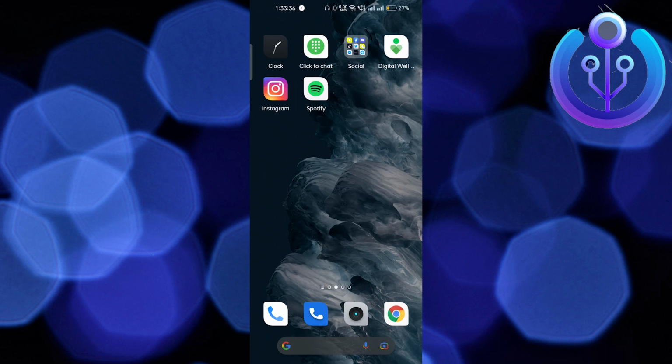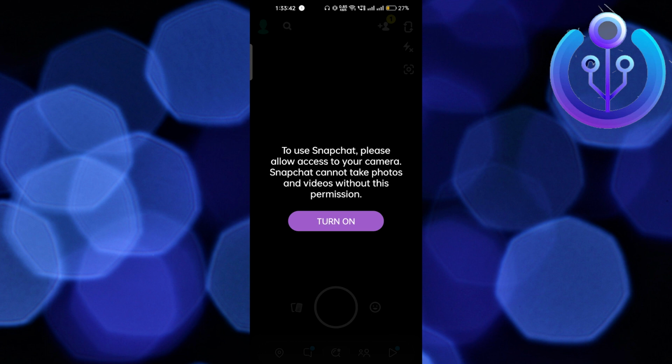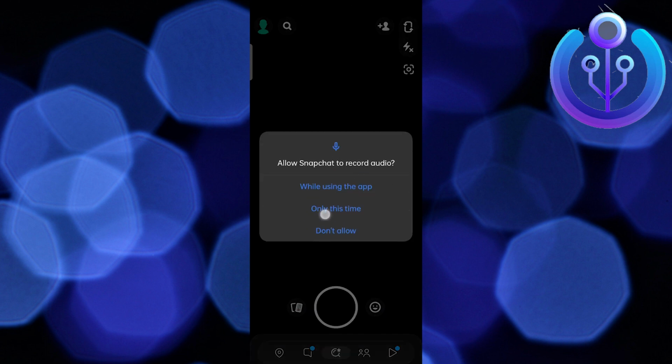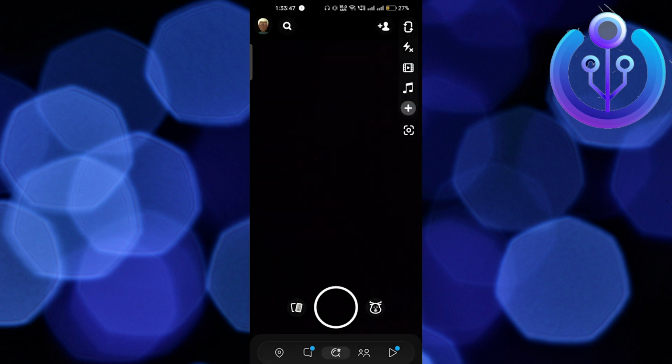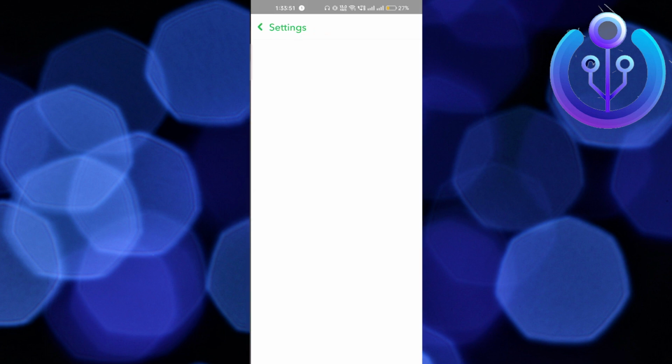In this video, I'm going to show you how to see Snapchat search history, right? So basically, you just have to go to the Snapchat mobile application here, give all the required permissions, and after that, click on the profile icon. So just click on your profile icon and again click on the top right corner, the settings icon, and